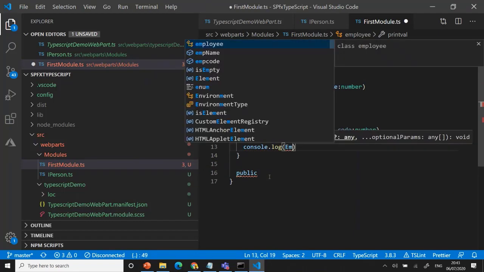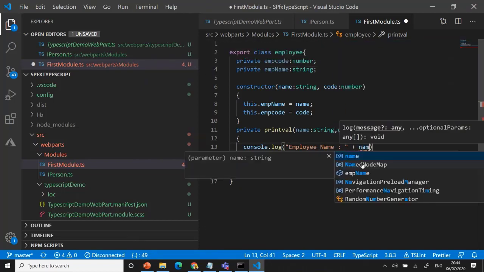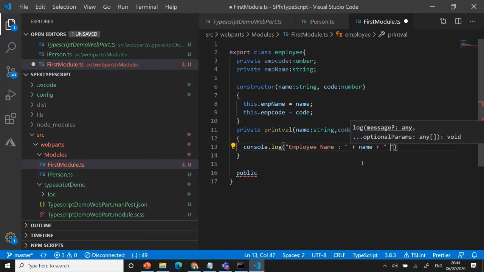For example, I'm using employee name, then I can use the variable name there, and we can use one more part, employee code.